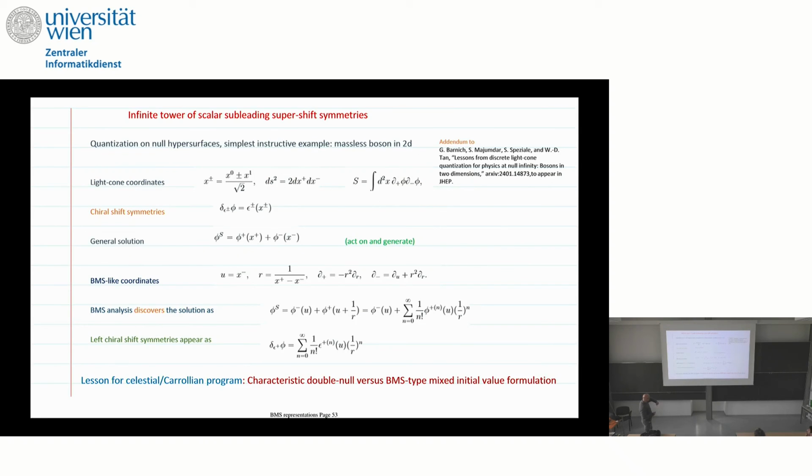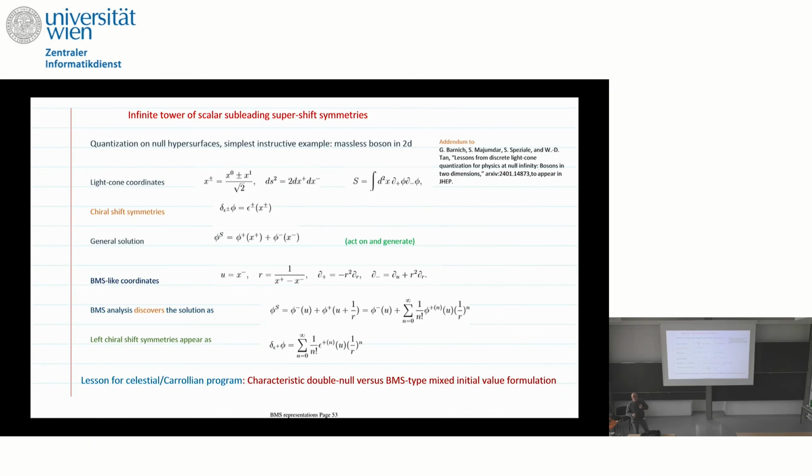Okay, let me, in the last 5 minutes, let me try to talk about what I would have talked about here if I was free to choose my topic. So this is a kind of an obvious remark that goes out of this recent analysis. So I realized that I didn't understand quantization, Hamiltonian formalism on null surfaces at all. I had no real idea how to do this, if Dirac analysis is going to work or not.